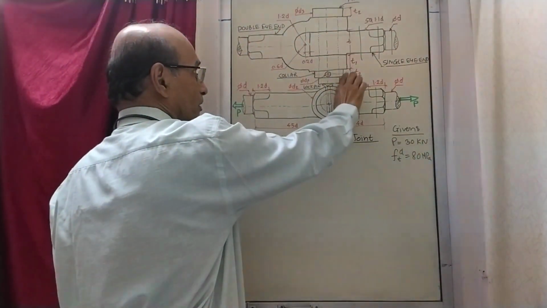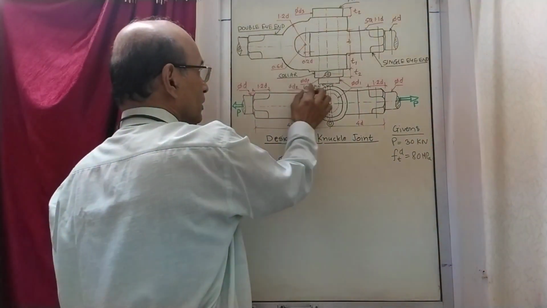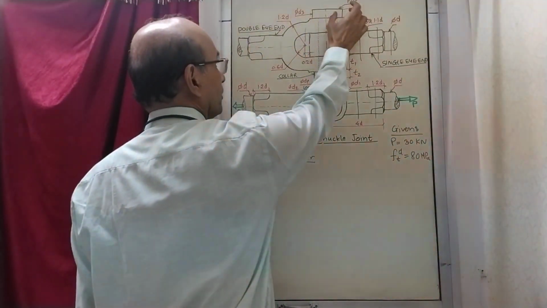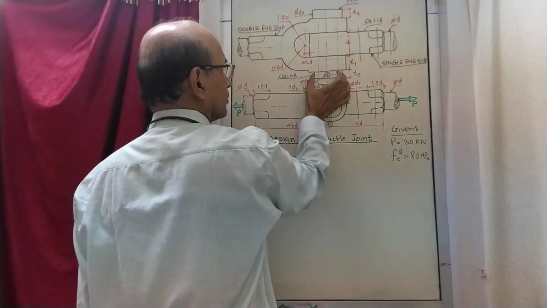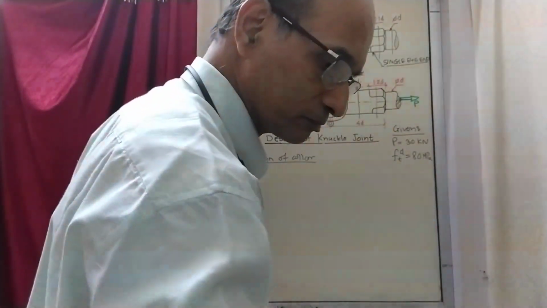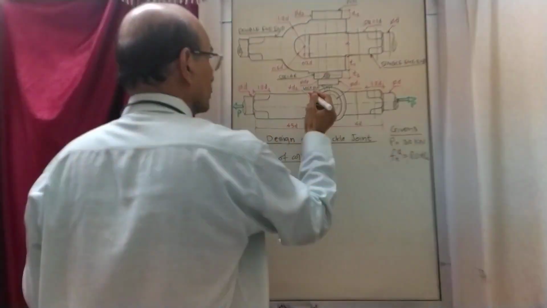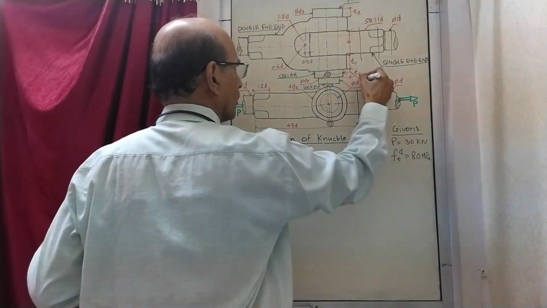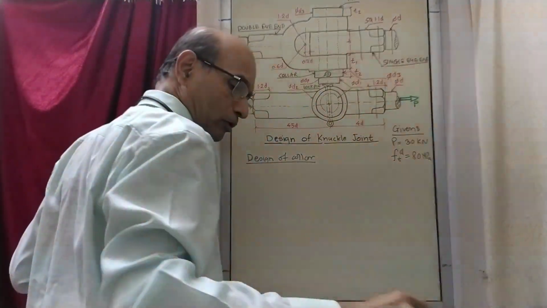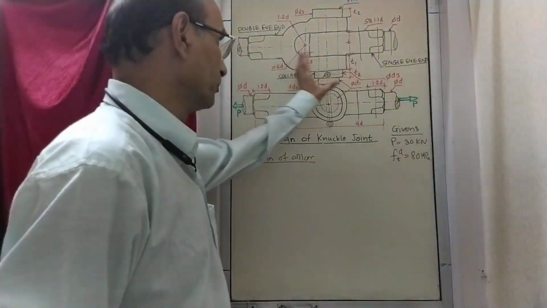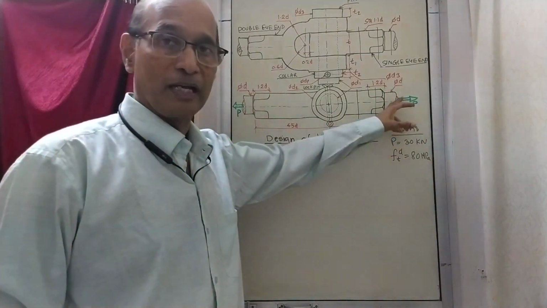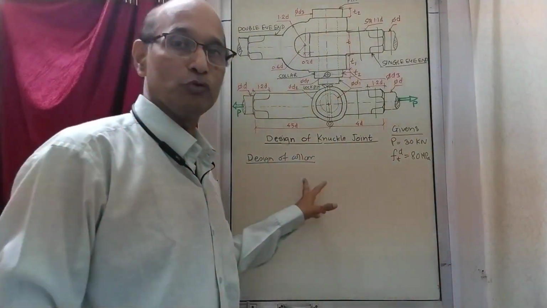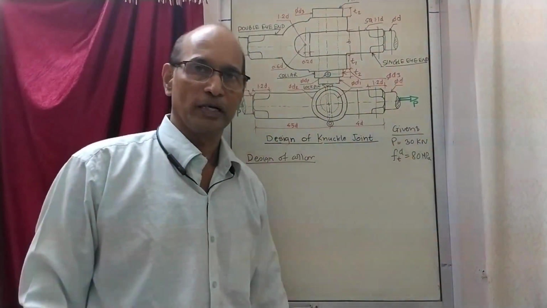Whatever values you have obtained by the empirical relations, T2 and D3, the diameter of the head of the pin is the same as the diameter of the collar. I have not written it, but it is the same, so this also is D3. The diameter of the collar also is D3, but it is not taking part in sharing this load. So there is no requirement of any stress checking, and the dimensions which you obtain by empirical relations are straight away to be accepted.